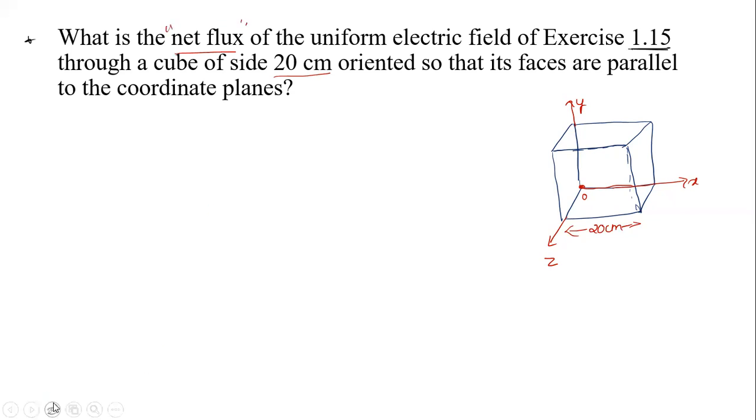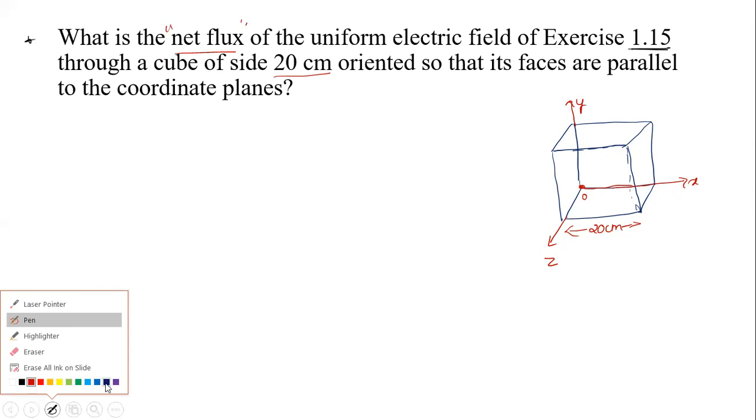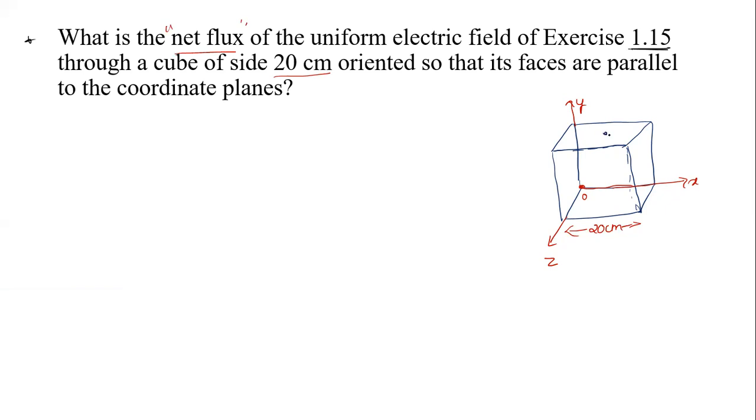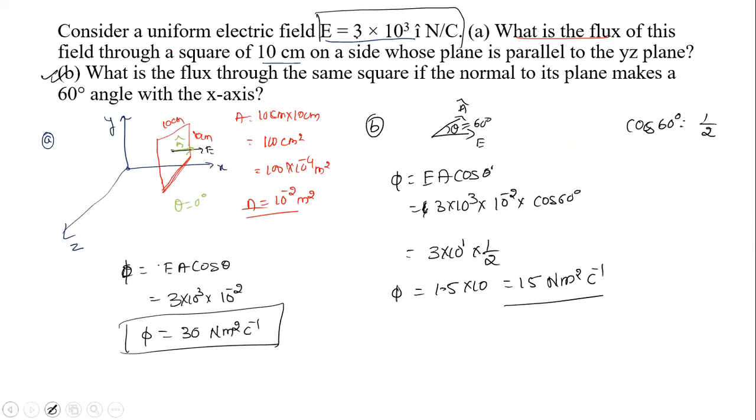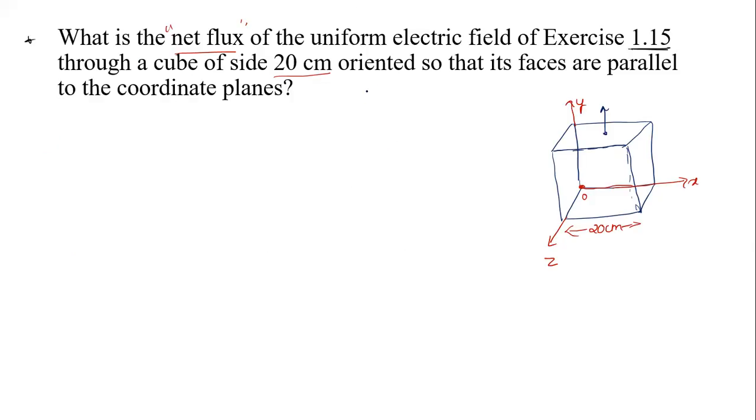Okay, let us start solving this. Area vectors first. Upper face area vector is in this direction. The electric field in the given question, that is the previous question, is 3 into 10 power 3 i cap, which means along the x-axis. So I'm going to write the electric field here, 3 into 10 power 3 i cap Newton per coulomb. It is along the electric field, so this upper face makes an angle of how much? Its angle is 90 degree. So this upper face will not contribute anything.